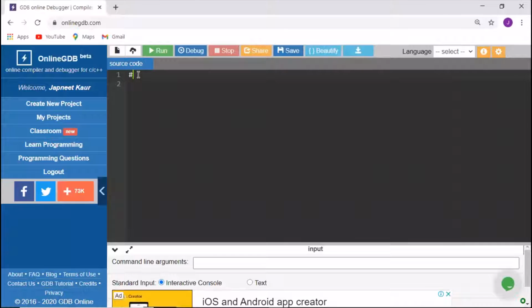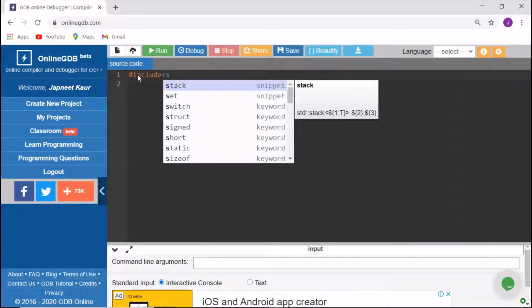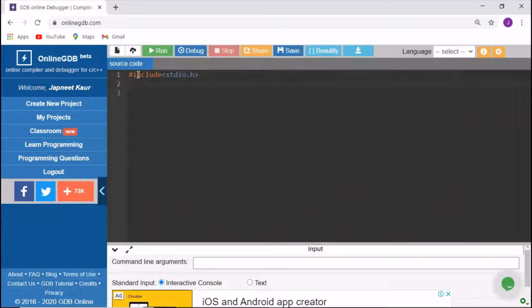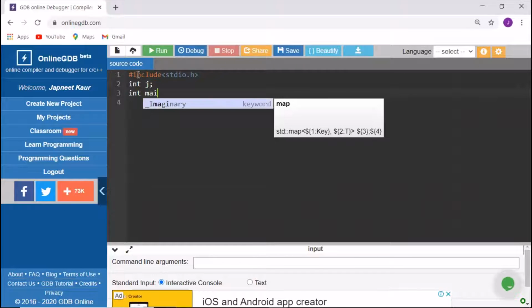Add a library: #include <stdio.h>, and in this code we are declaring a variable. You can declare any variable you want. I'm declaring j. Then we are going to write int main,